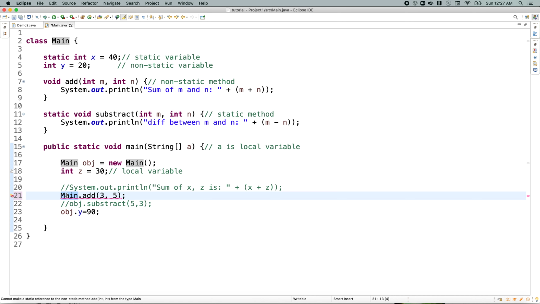That means the object is not created, only the class is loaded, and you cannot call the non-static methods. Non-static methods or variables can be called only using objects. So when the class is loaded, there is no existence of any non-static variables or methods. That's the reason you cannot call those members using the class name.